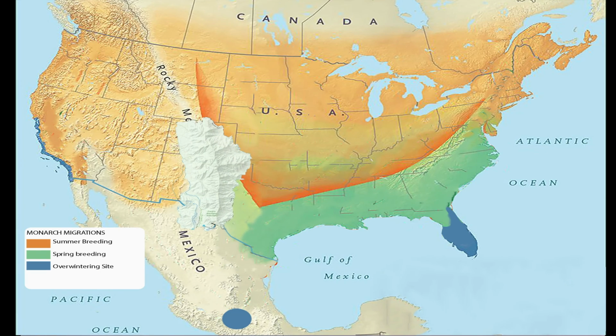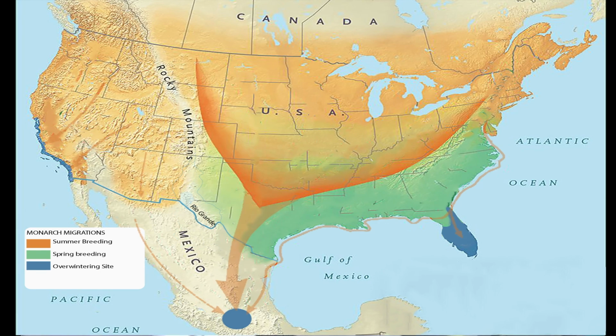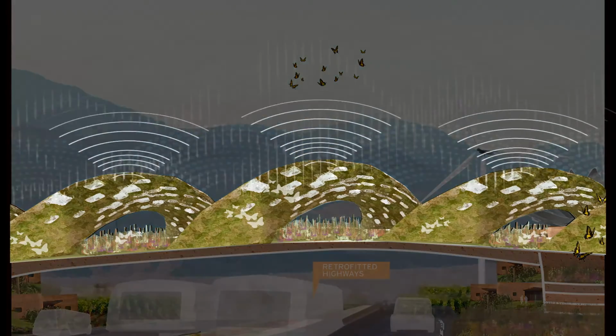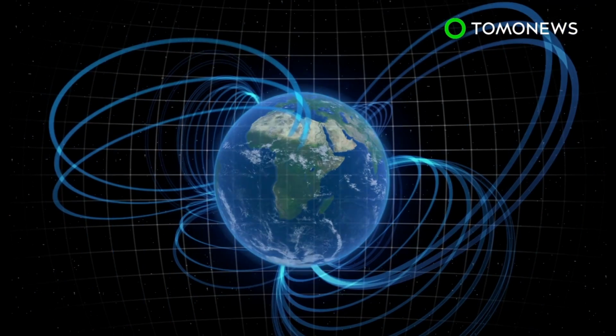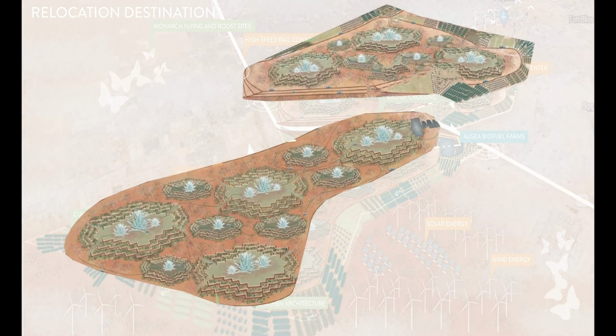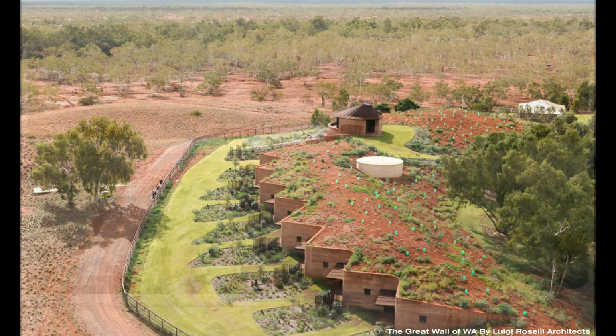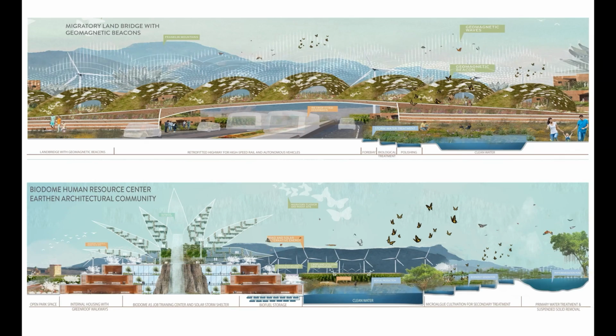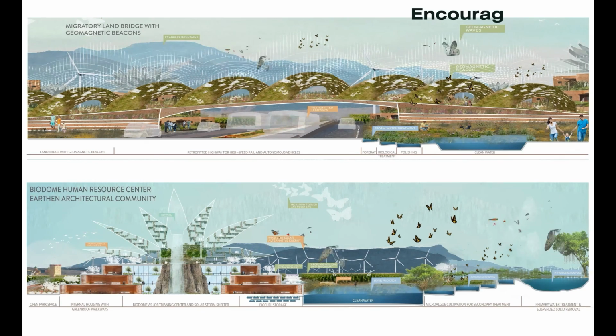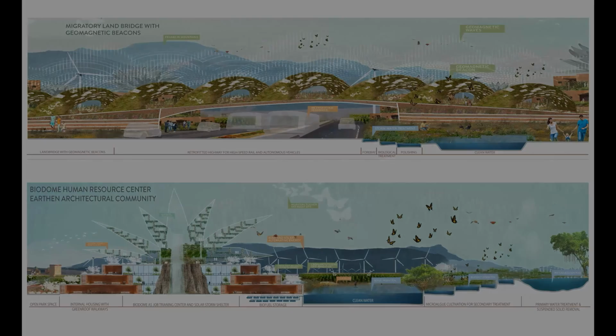Proximity to the Franklin Mountains and the cultivated cropland serve as a critical flyover and roost site for migratory species. The use of geomagnetic beacons will also redirect these species from the affected areas. In addition, the site utilizes earthen materials for housing, an architecture that pays homage to the region's ancient cultural history. This design aims to encourage unity within our binational sister city initiative.